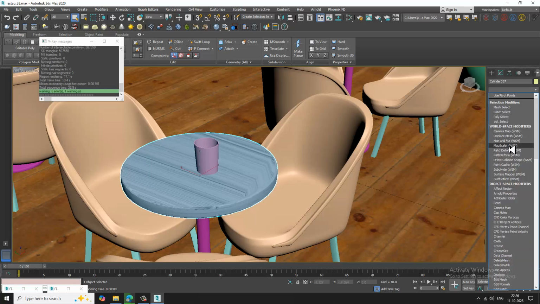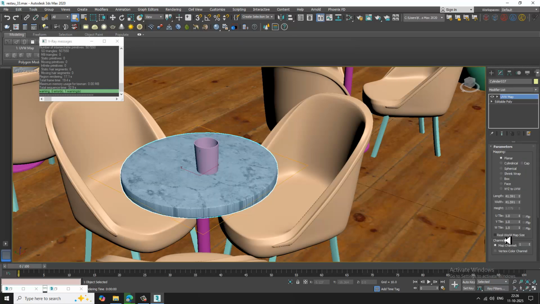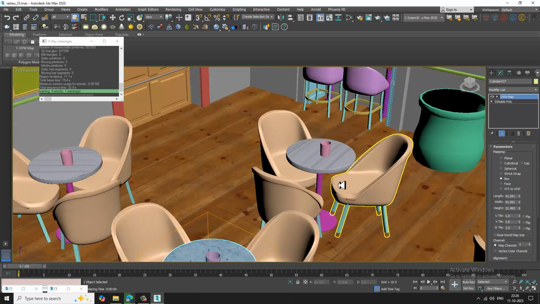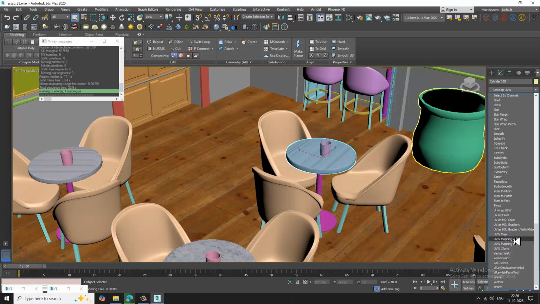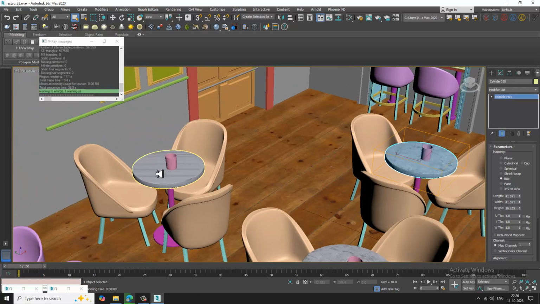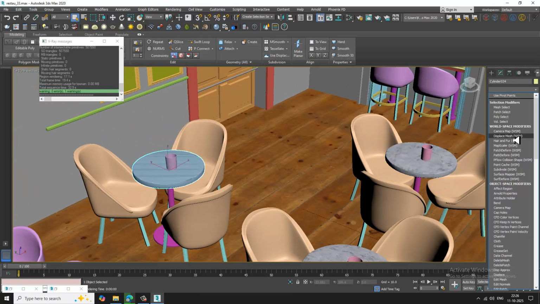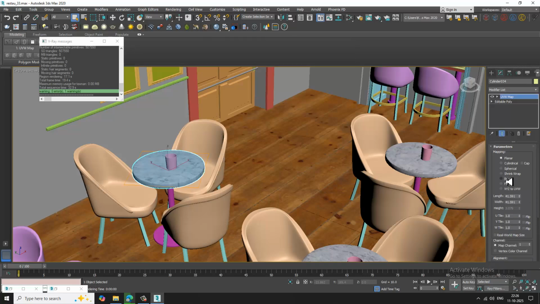Again go into this UVW map, make it a box and increase its height. Okay, so once it is done,